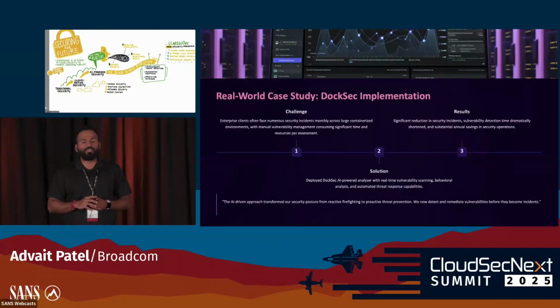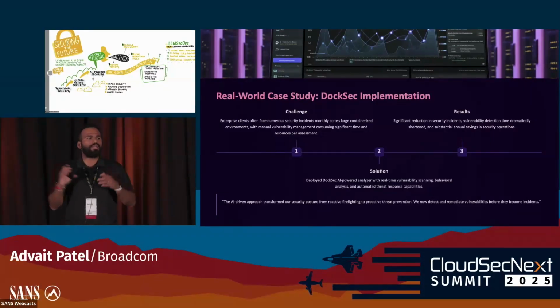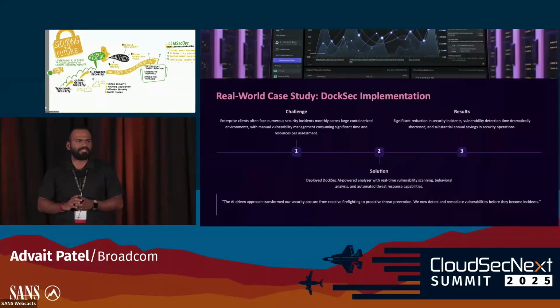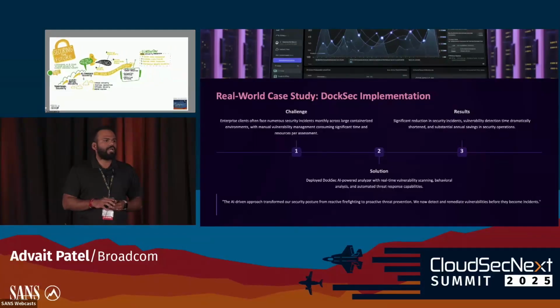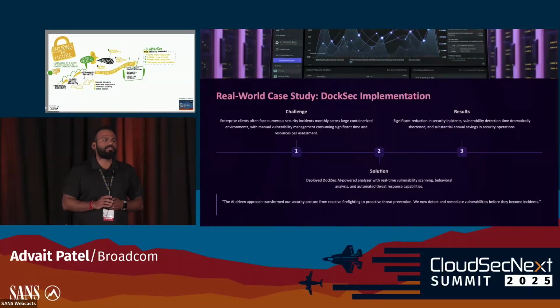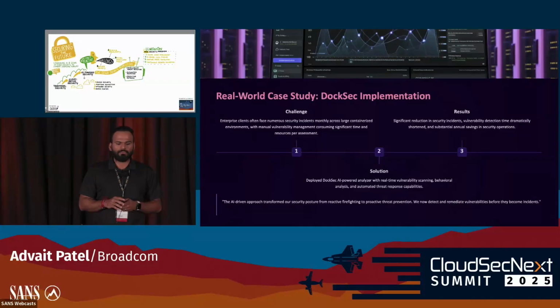So that's where your teams or the developers don't have to spend time troubleshooting or finding the root cause, but can simply go, based on their timing and priority, to the critical severity items and remediate those action items. And the result of implementing this tool is they were able to significantly reduce security incidents. Obviously, when you know what needs to be fixed, you only change those parts rather than changing the entire file, right? Also, the vulnerability detection time was dramatically shortened.